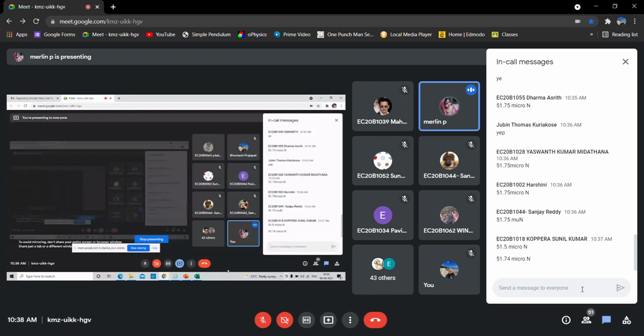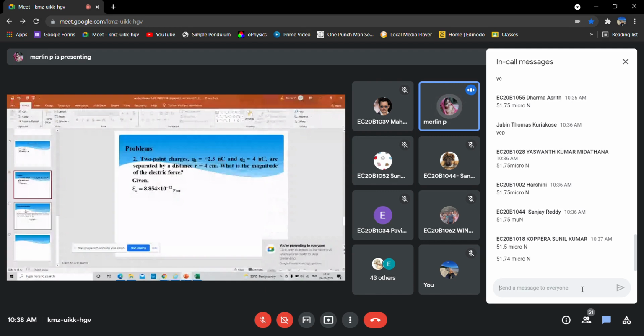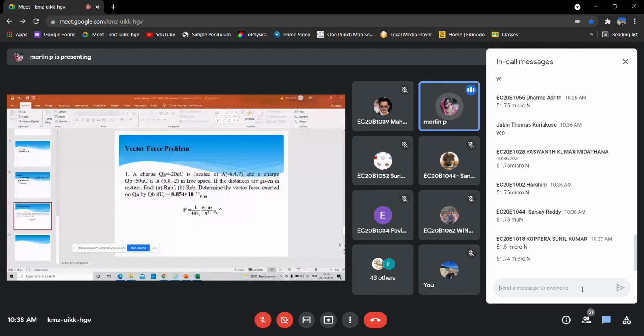Okay, in the next class we will see the next problem. This will be a little bit difficult to calculate. If we start now, it will take about 10 minutes to explain this problem. You should have a calculator. Next class I will explain this vector force problem. This is a somewhat big problem, so it will take time, so I am leaving it out. Next class we can see this problem and work out similar problems in class. After that we can continue with electric field intensity and flux density classes.